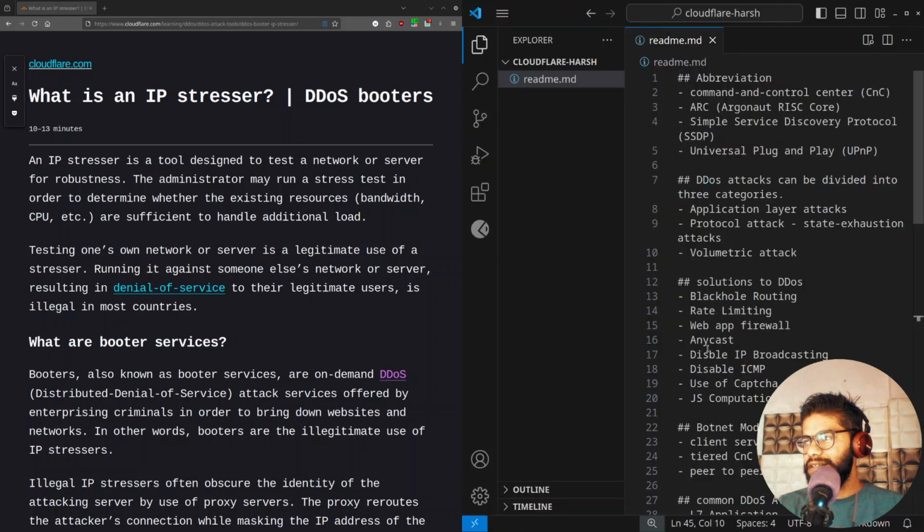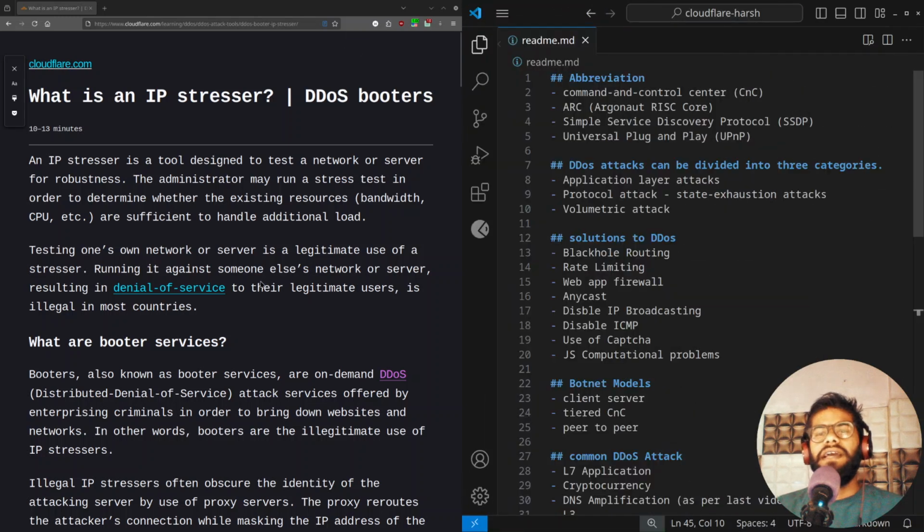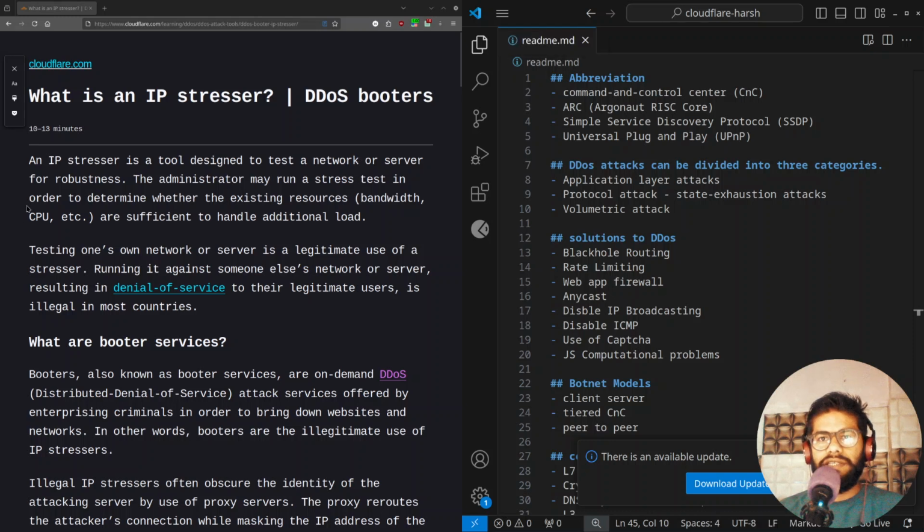Let me zoom in. Yes. An IP stresser is a tool designed to test a network for its robustness. The administrator can run a stress test. And we have already learned that if a stress test is run by an administrator, it is legal, while if it is run by someone who doesn't own the network, it may be illegal. So booters, also known as booter services, are on-demand DDoS attack services offered by enterprising criminals, which essentially use the IP stresser illegally in order to compromise or